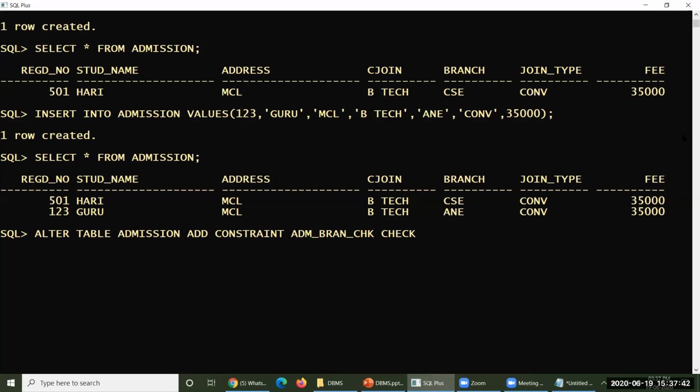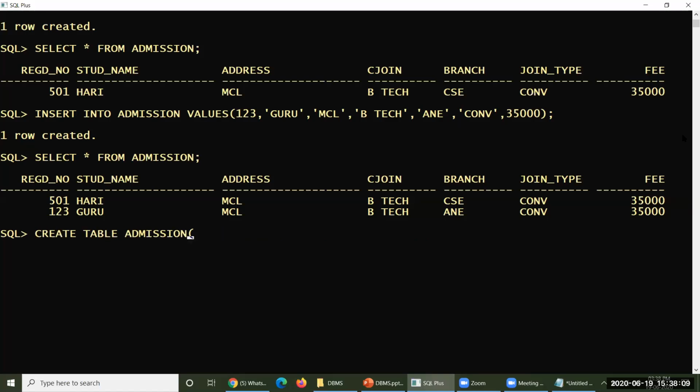Check whether branch in. Okay, I don't want to specify this one at this moment. I'd like to create a new table for you, because it's very easy, so I don't want to indulge in this one at this moment.